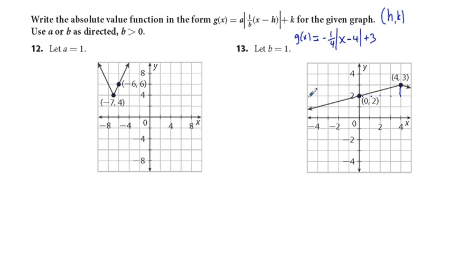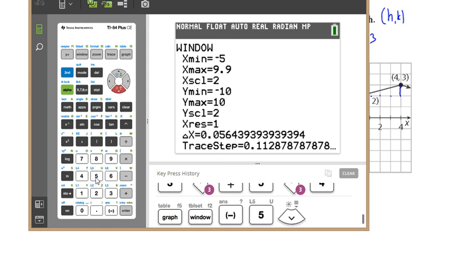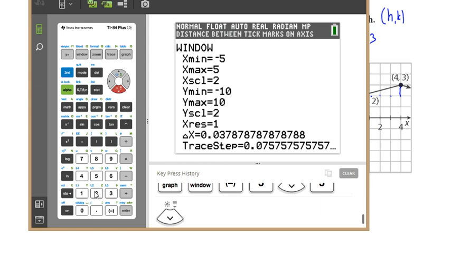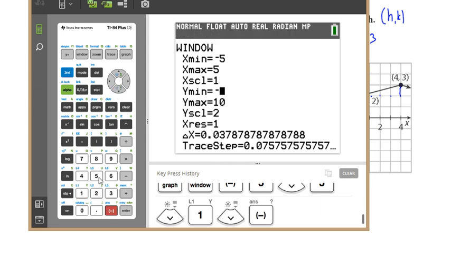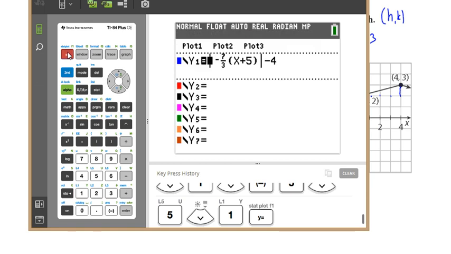And as always, it's helpful to check here. We got 5, 5, 5, 5, 1, 1, 1, 1. So let's go ahead to the calculator window. We'll go -5 to 5, and we're going by 1 here. Y minimum -5, Y maximum 5, and we go by 1. And then if we graph this thing up here, we should get